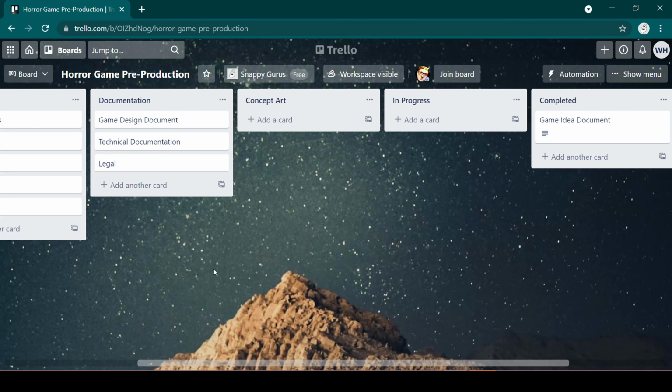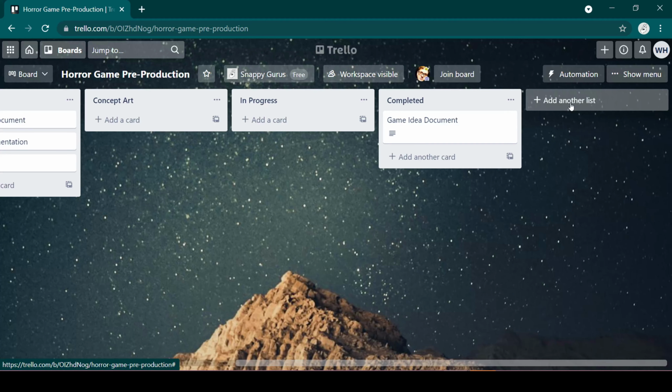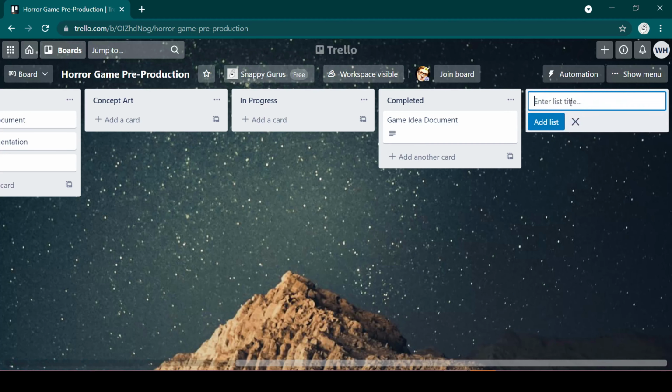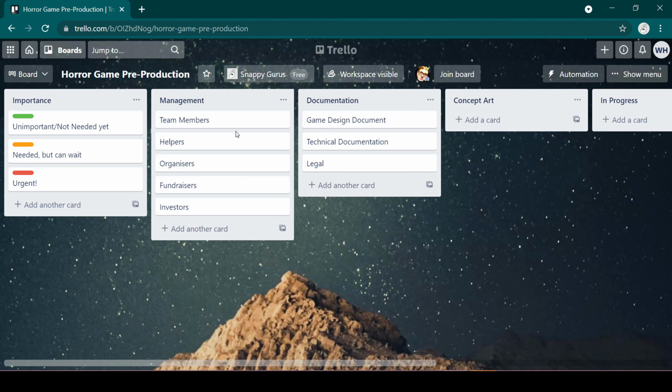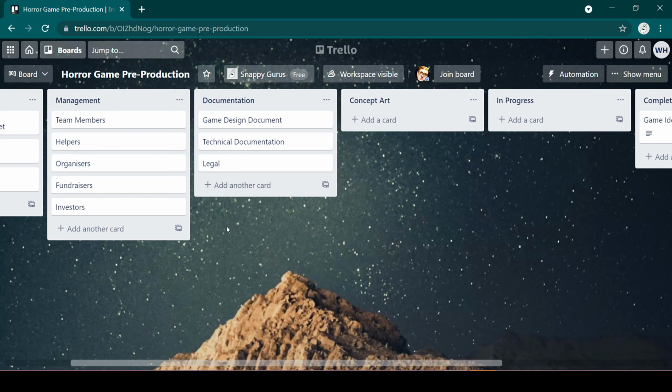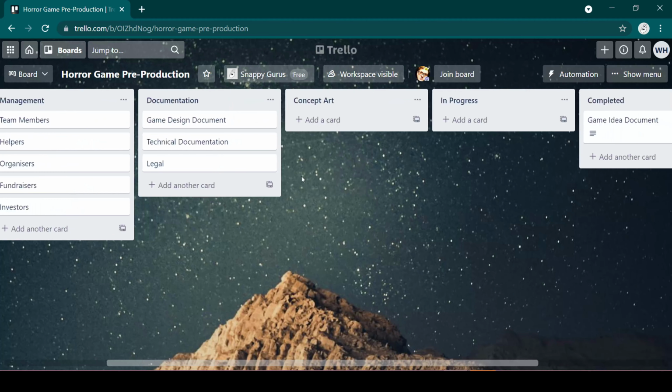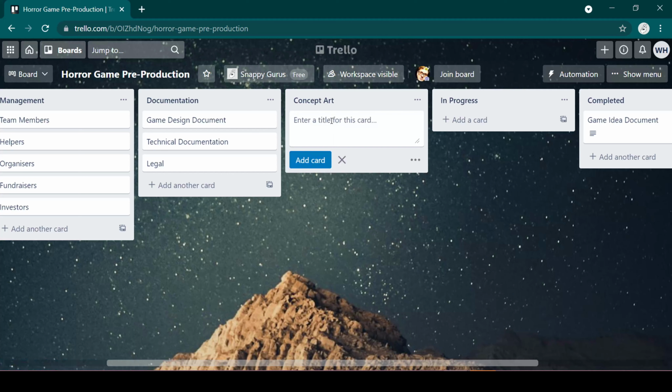I have my list of sections set up in the top to allow me to create my cards quickly. So to create a list, press Add List, and then you can name it how you like. In each list, there is a set of cards which you can add. To do so, let's create a card here. So press Add a Card, name it,